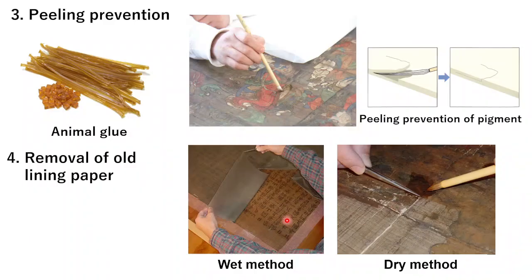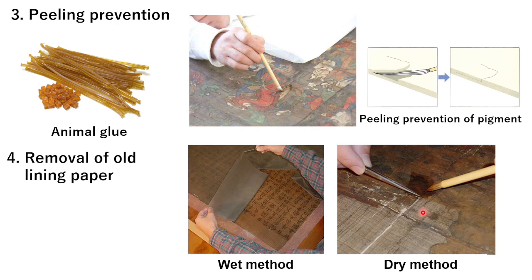As shown here, the wet method has been used for a long time. When wheat starch paste is swollen with a large amount of water and loosened, it is removed in such a way that the layer is broken. If the paint layer becomes wet for a long time, there is a risk that dirt will wash out and move. But if it is done safely, the burden on the painting paper will be reduced in a short period of time.